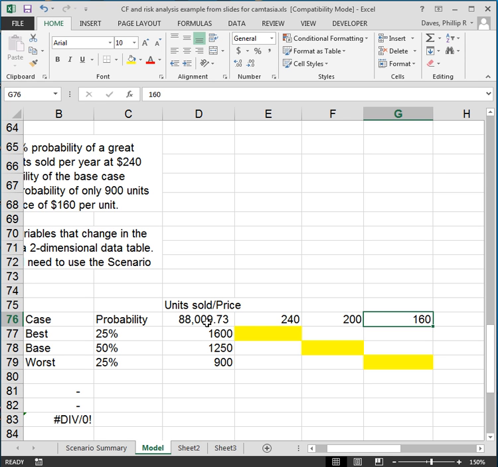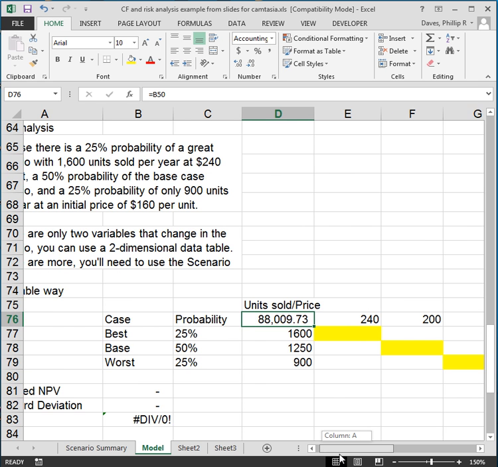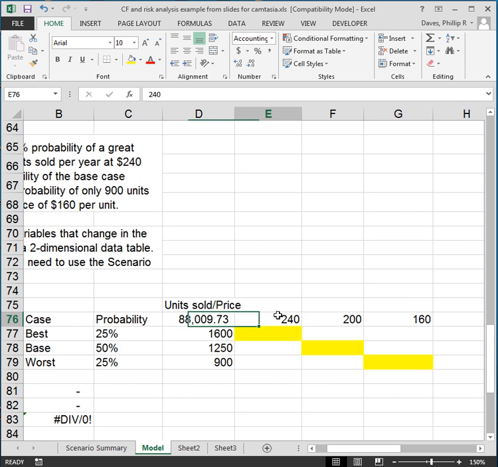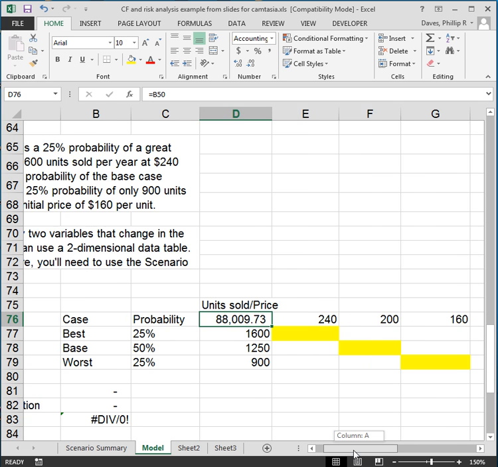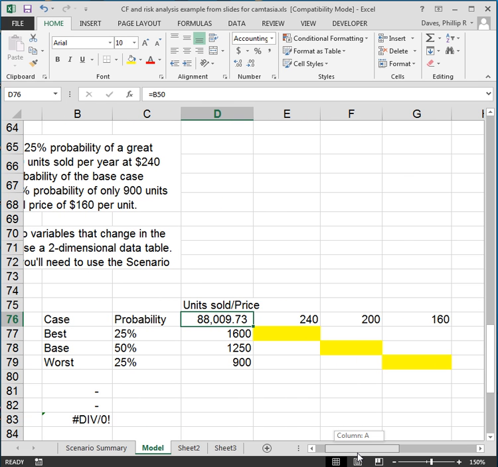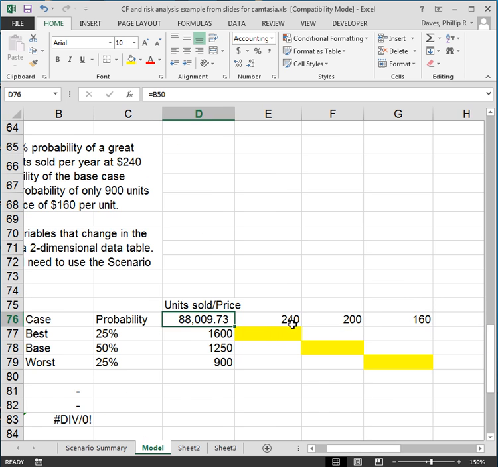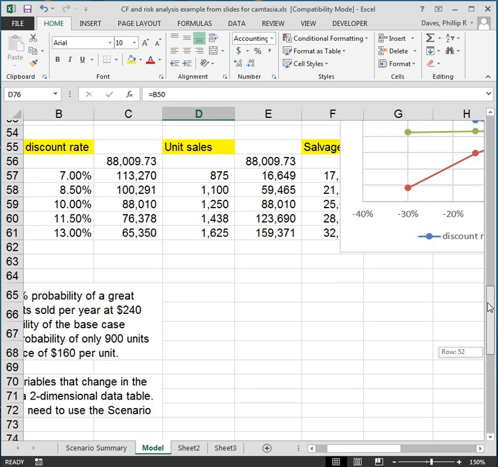However, instead of putting our NPV cell reference in the upper right-hand corner, where we used to put it, we put it in the upper left-hand corner of the data table because we have numbers in that row over there, which are the column headings. And so we're going to have a cell reference pointing to the number that we want to evaluate, and we're going to tell Excel to plug in 240, 200, and 160 for